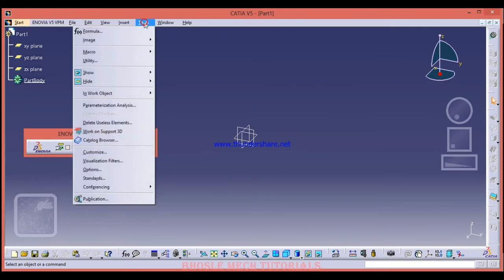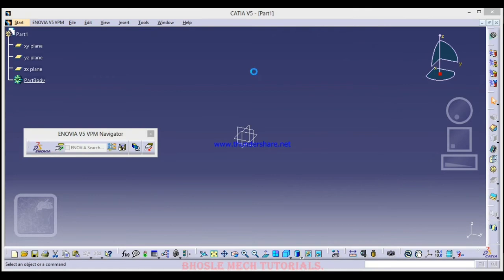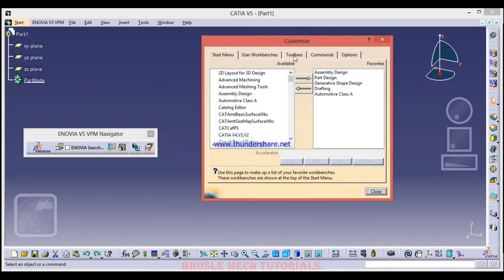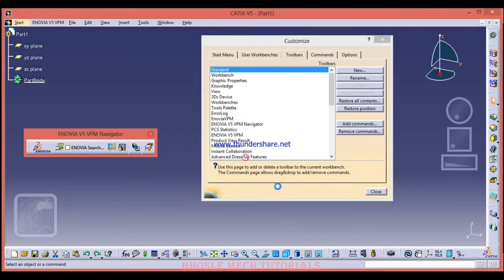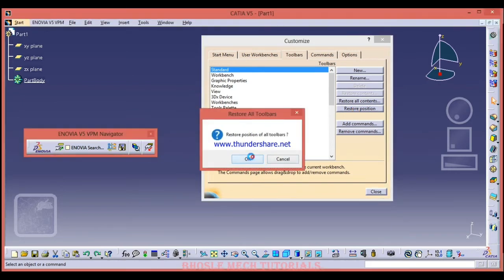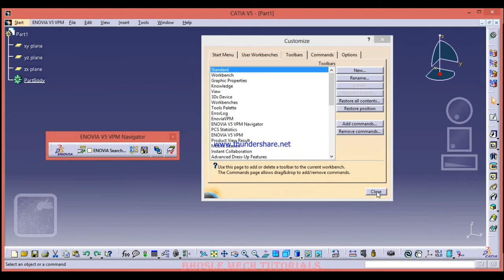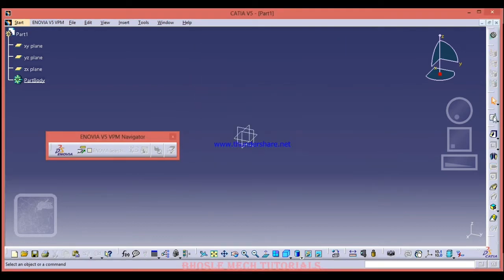For that, just go for tools and customization, and in toolbars here you will get an option called restore all contents, okay, and restore position, okay, and close it. See friends, these sketcher tools and these operations are restored. Like this you can get your lost commands.